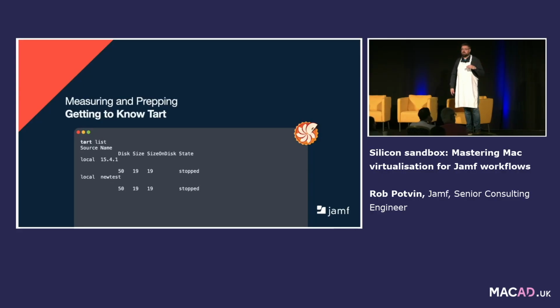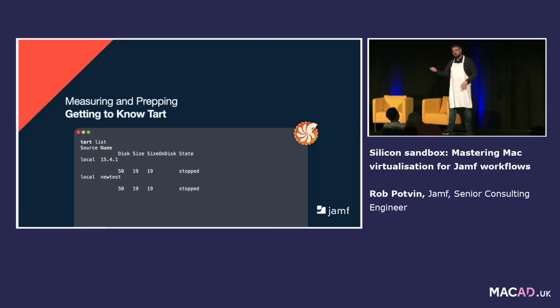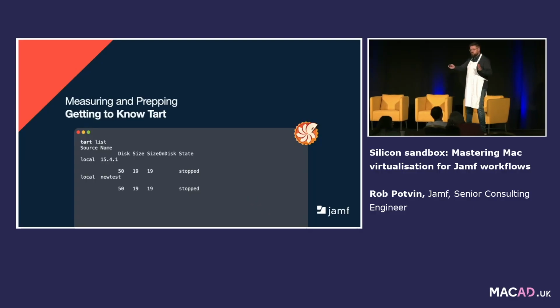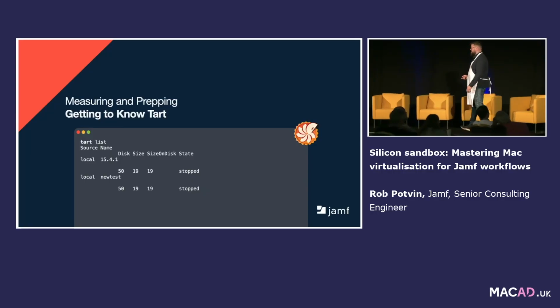But guess what? They're not taking any of the space, right? It's just taking the same amount of space as just one because of APFS. So you can have multiple clones. Once you spin one up and things change, then the space will increase, but it's a quick and easy clone.